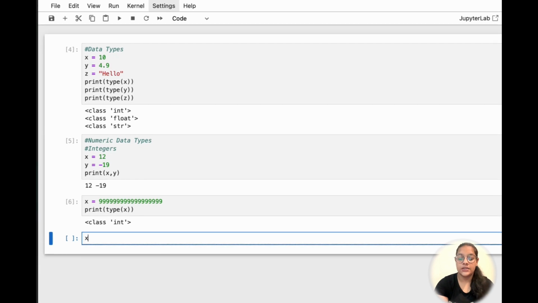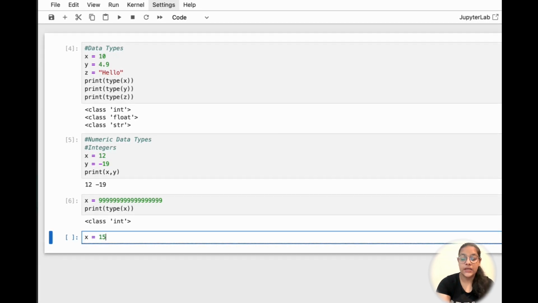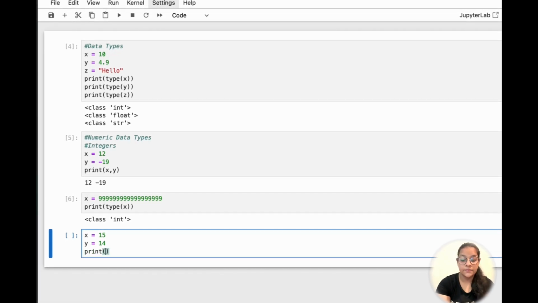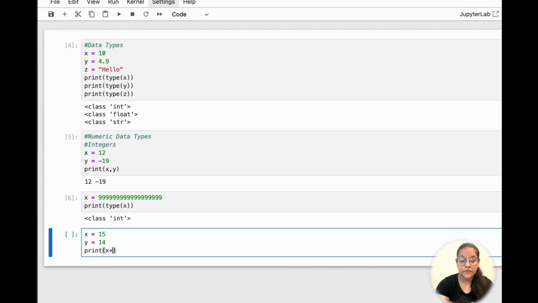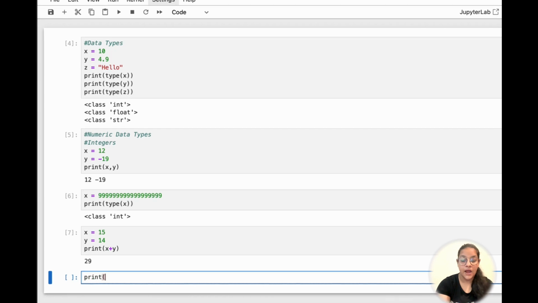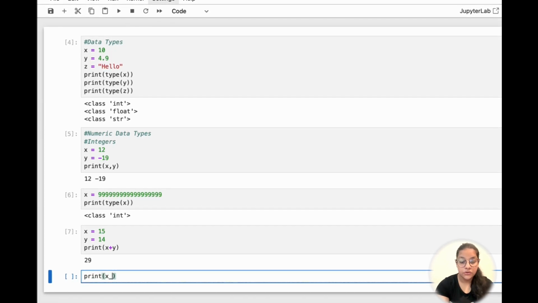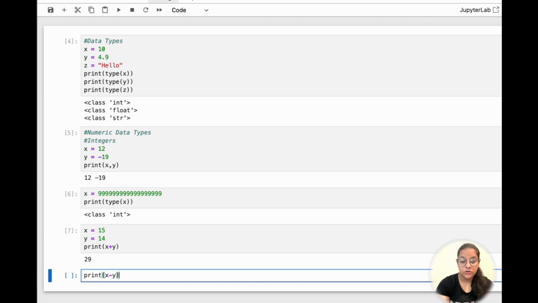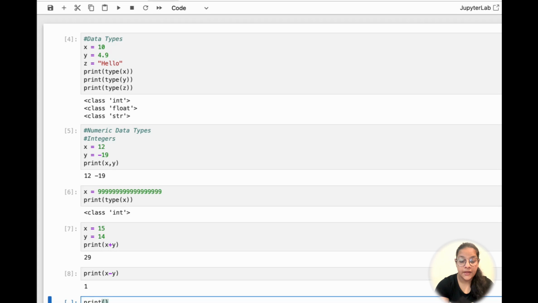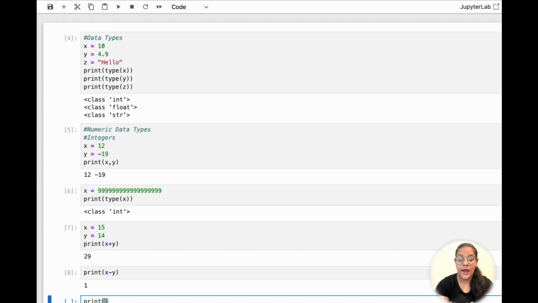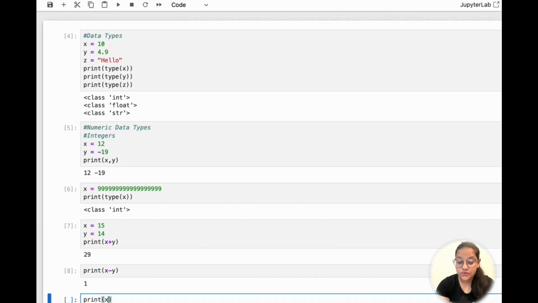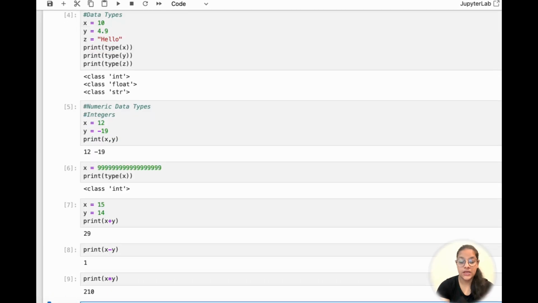So we reassign x equals 15 and y equals 40. Let's add them first. You can see 55. Addition is done. Then we'll do subtraction. Here you have the answer. Then we'll multiply. And you remember in my shorts video I told you that to multiply in Python, or in any coding language, we use the asterisk. So you see it's multiplied.